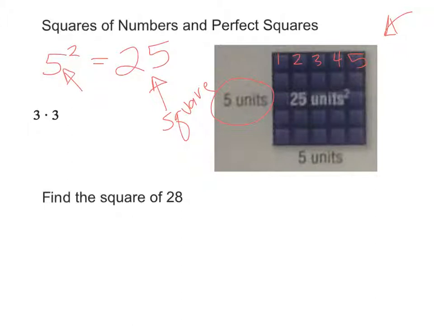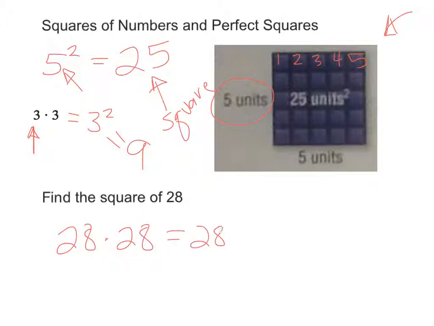Take a look at 3 times 3. If you were asked to find the square of 3, you would go 3 times 3, which is 3 squared, and of course that equals 9. So 9 is the square of 3, and 3 is the factor that you're multiplying by itself. Now, see if you can find the square of 28, and stop the video. Hopefully you found it by now. The square of 28 is going to be 28 times 28, which would be 28 squared, which would be equal to